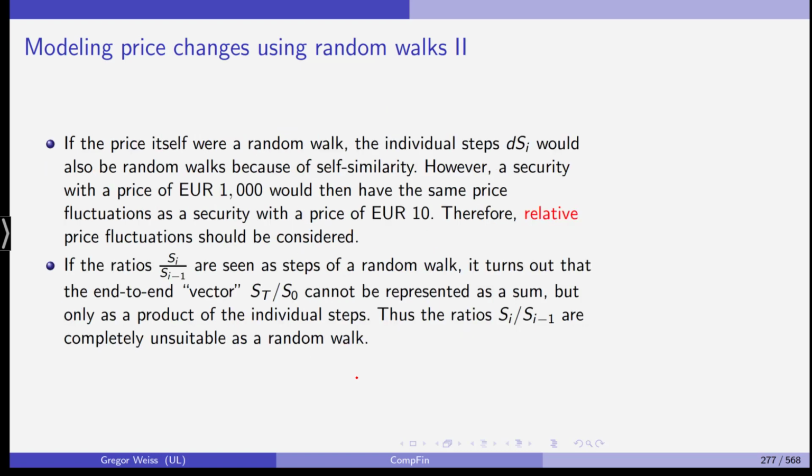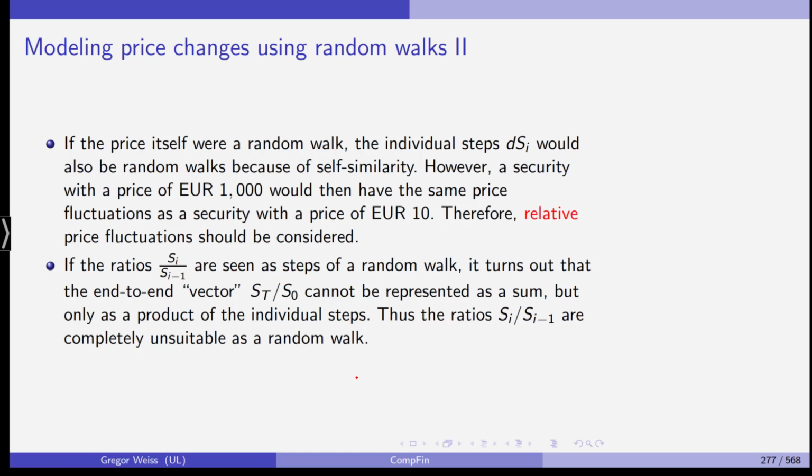Now, if the price itself were a random walk, the individual steps dSi would also be random walks because of the self-similarity. However, a security with a price of 1,000 euro would then have the same price fluctuations as a security with a price of 10 euros. Thus, the absolute changes should not be considered, but we should focus our attention when using such a model on